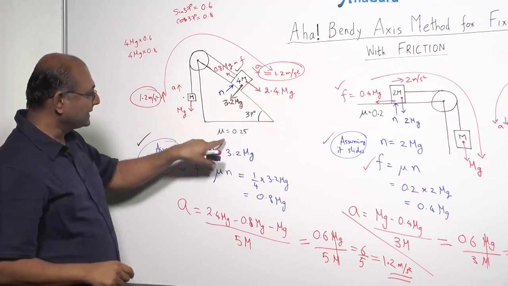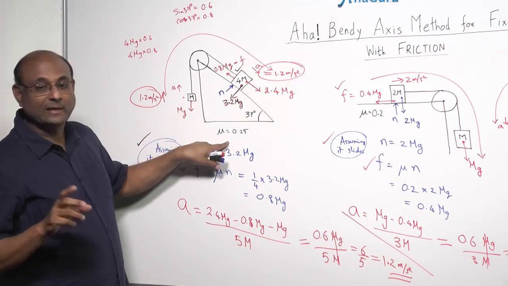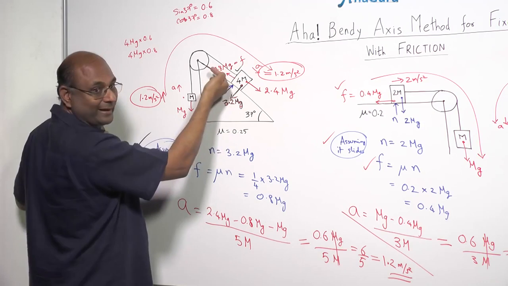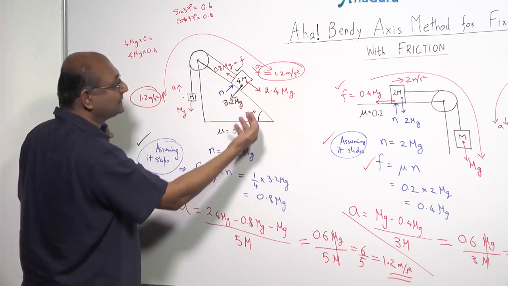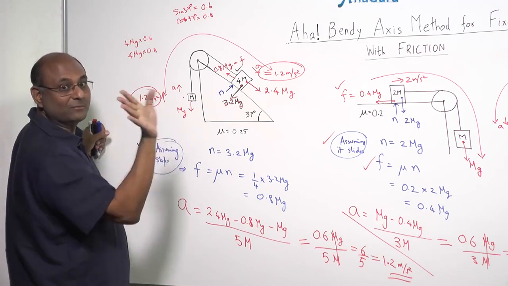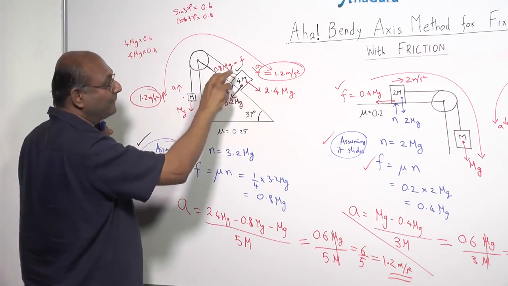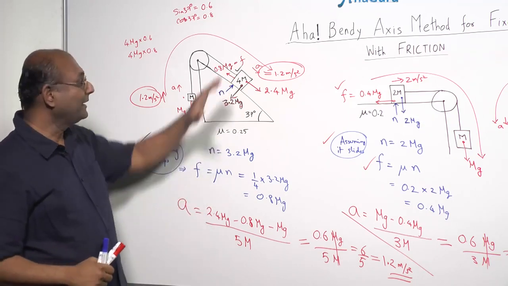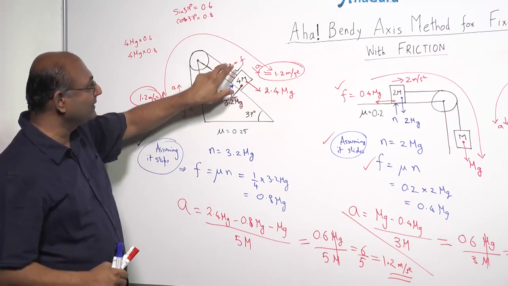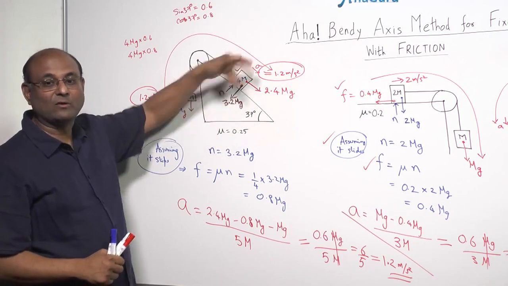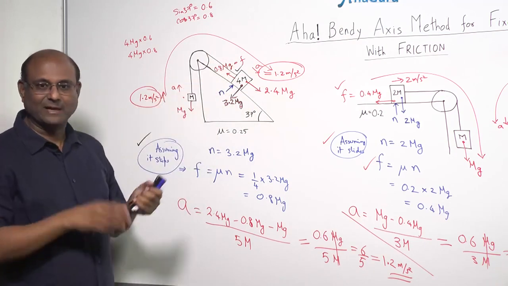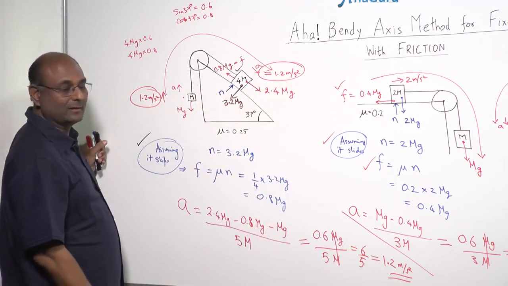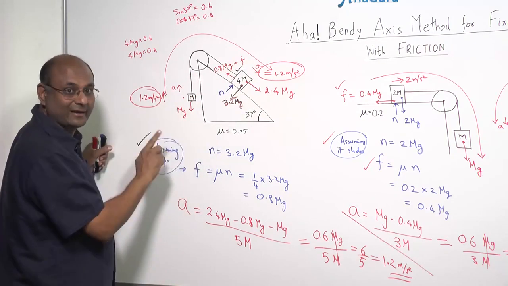Okay, for example, in this case, suppose I said instead of 0.25, mu was, let us say, 1. It's a lot of mu. Then this force will be 3.2 times 1. So that means you assumed it is sliding down, but it's turning out that it's sliding up. The assumption was wrong. So then what happens is that this friction force won't be equal to mu n, it will be less than or equal to mu n. Then you can't calculate, you can only figure out that it is F. Knowing that the body doesn't move, you'll have to calculate what that F is. Those are more complicated questions. We'll worry about them at a later point. But the main point you have to keep in mind is, if you know for sure that it is sliding, make the assumption, do the calculation, check that your assumption is correct.